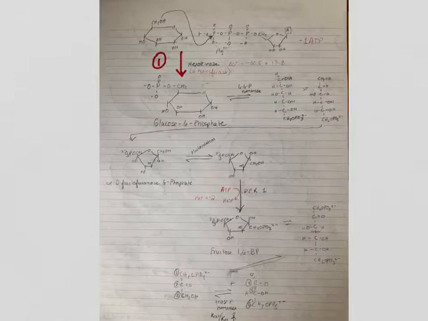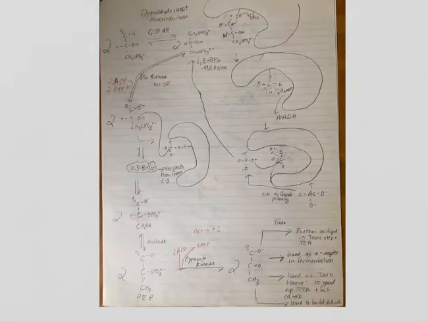Then the third step is catalyzed by our ever famous favorite PFK1. And finally step 10 is catalyzed by pyruvate kinase, being the third of our metabolically irreversible steps in the Embden-Meyerhof